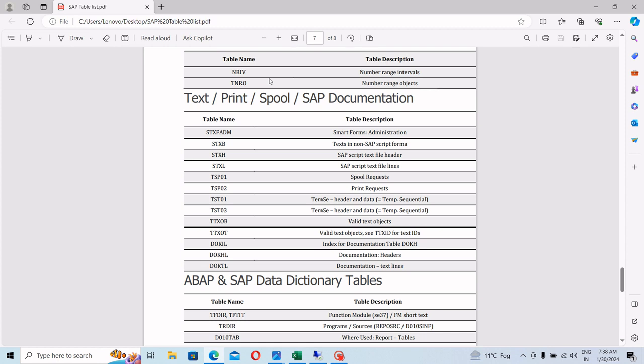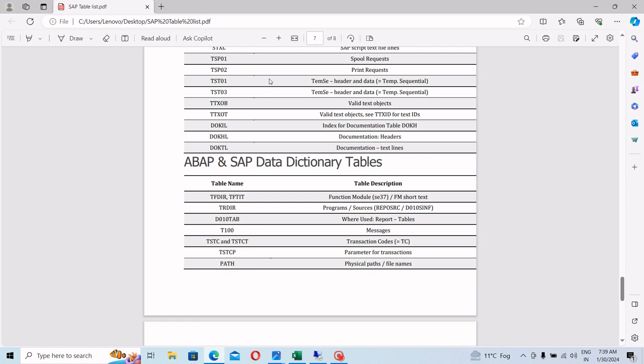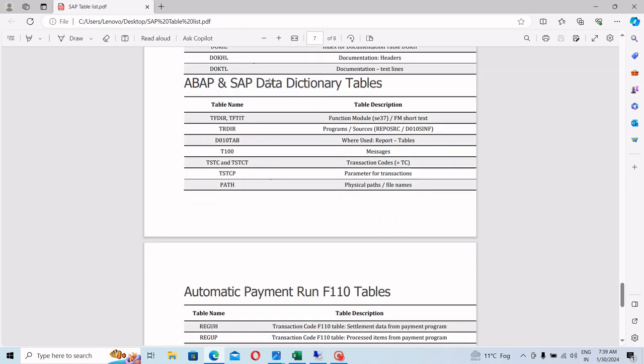Then we have text print or spool SAP documentation. So with the help of these tables, you can see spool administration, SAP script, text file header, print requests, documentation headers and all. Next, we have the ABAP and SAP data dictionary table. Okay, so this is basically for the functions, modules, and the transaction codes, parameters for transactions, physical paths, files, and